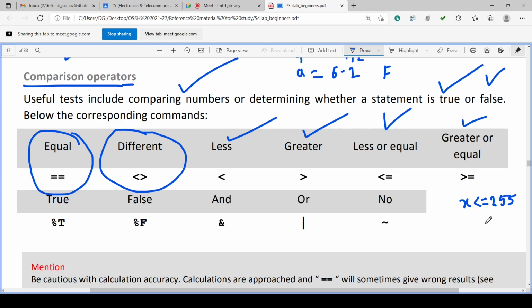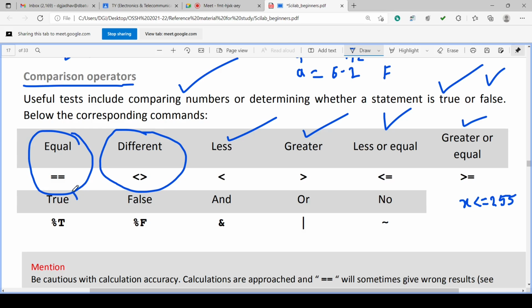It is also correct for 254 because it is less than 255. But it is not correct for 256, because x equal to 256 is not less than 255 and it is not equal to 255. So two operators combined: less than or equal to. Two operators combined: greater than or equal to. Okay. So less than or equal to, greater than or equal to.